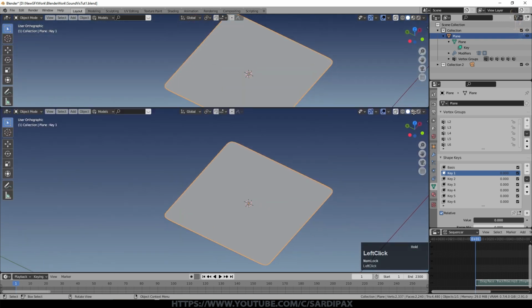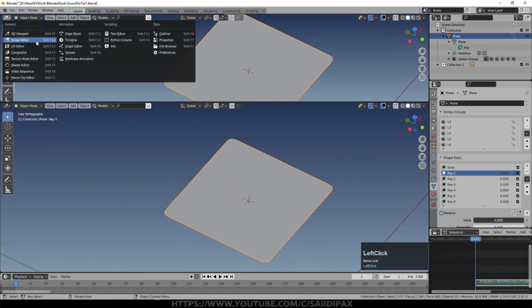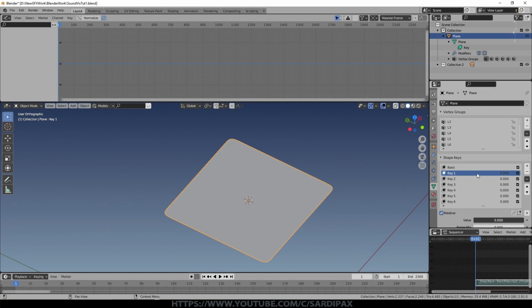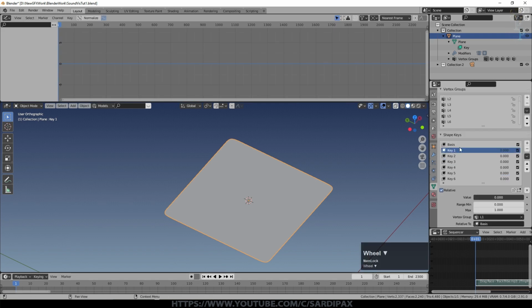So I'll pull down another window and we'll bring up the graph editor. Make sure you're on the first frame, though I don't think it matters too much. While key 1 is selected, I'm going to hover my mouse over the value and just press I. I'm essentially recording a keyframe at the start of the animation for each of the keys, and that then allows us to do some things with it.